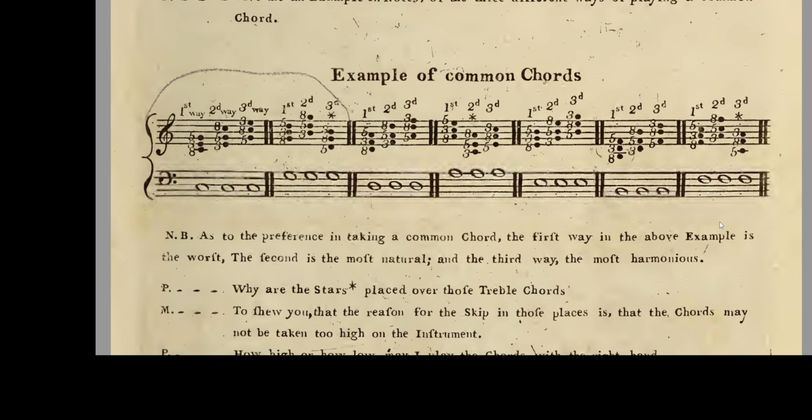And now we're at the final example, which is F, giving us 8, 3, 5, which is the first way. Then 3, 5, 8, which is the second way. But because of the rule that we cannot go above this G, the third way we go 5, 8, 3. And so the chords are